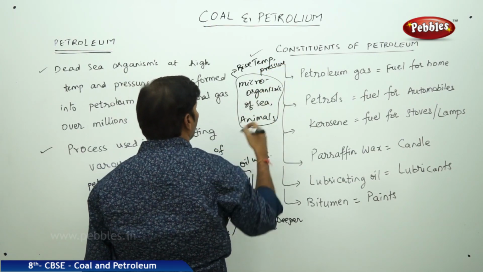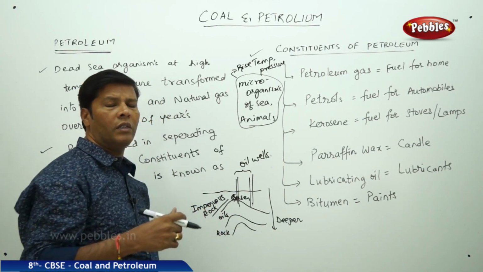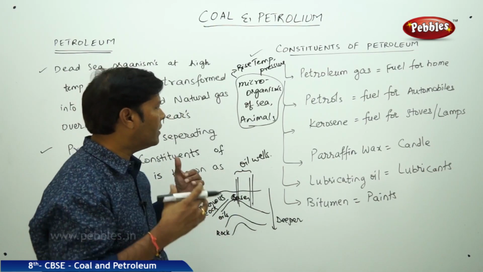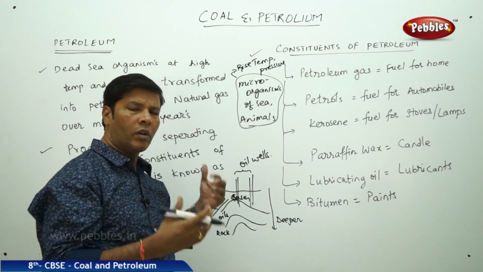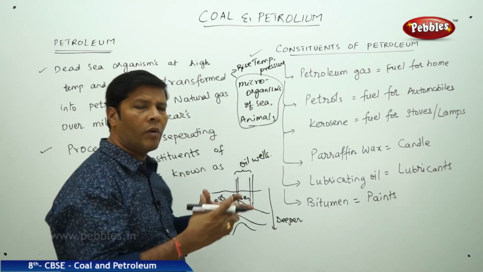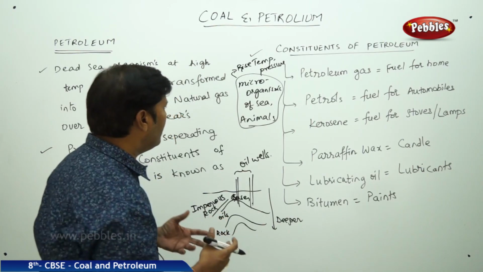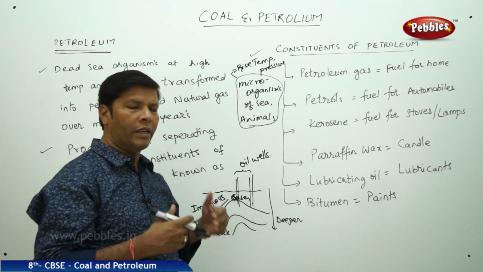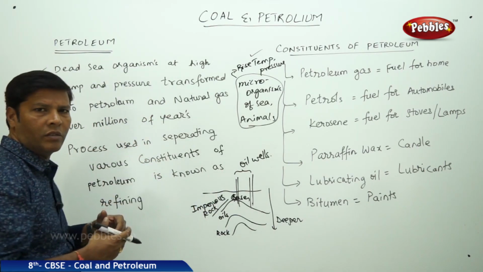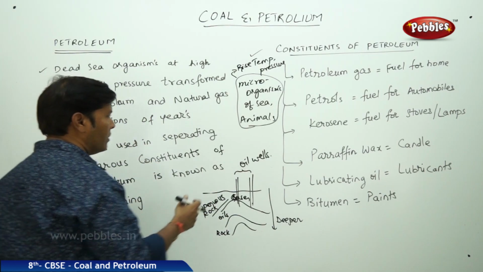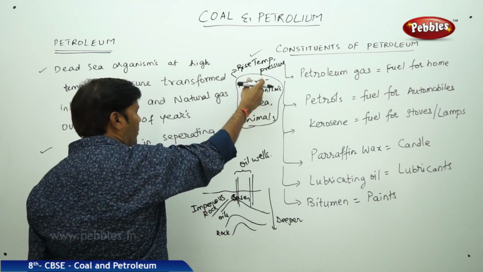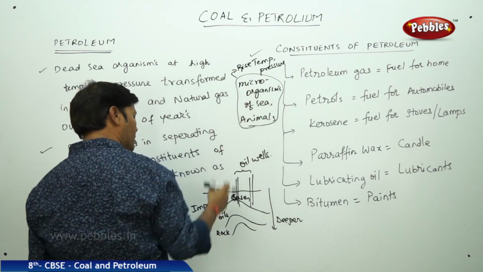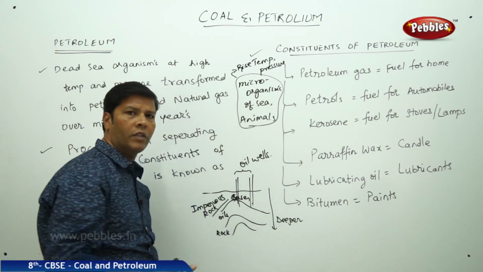So these microorganisms of the sea, that is, animals of the sea, after getting burnt, are in the form of dead burnt matter. These microorganisms in the sea try to biodegrade, and they get compressed. Due to compression, what is happening? These microorganisms and animals are preserved at the bottommost region of the sea,